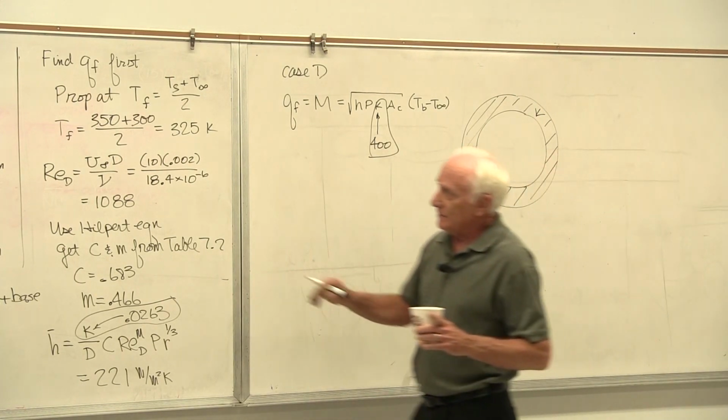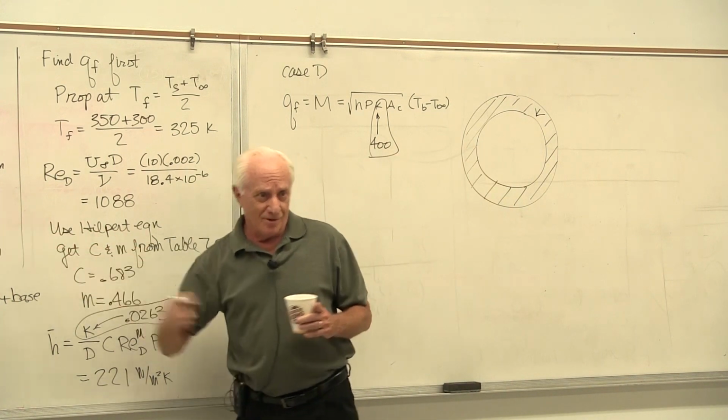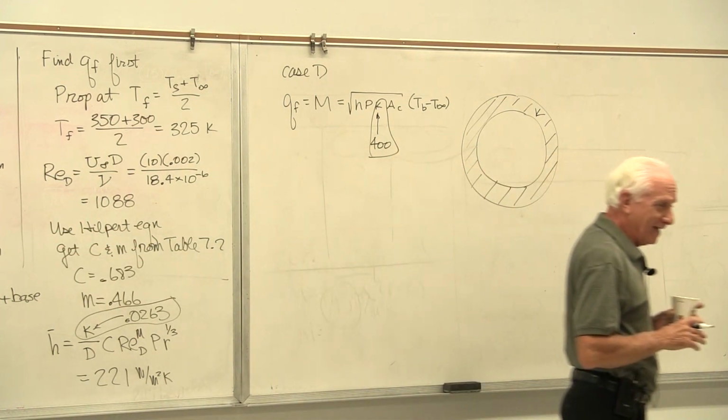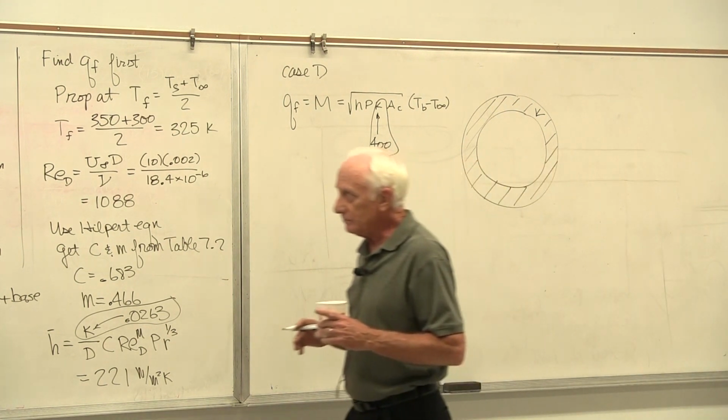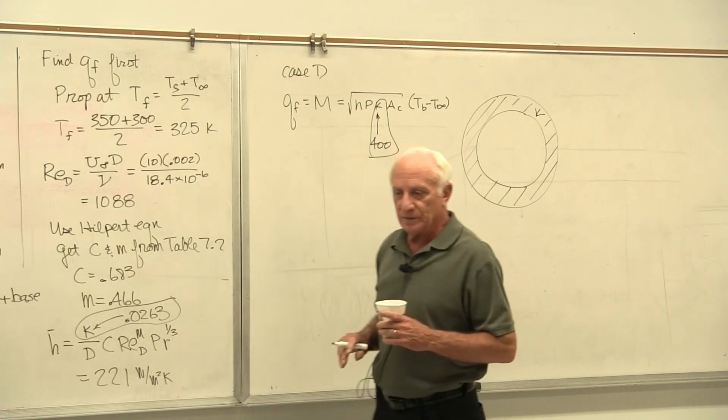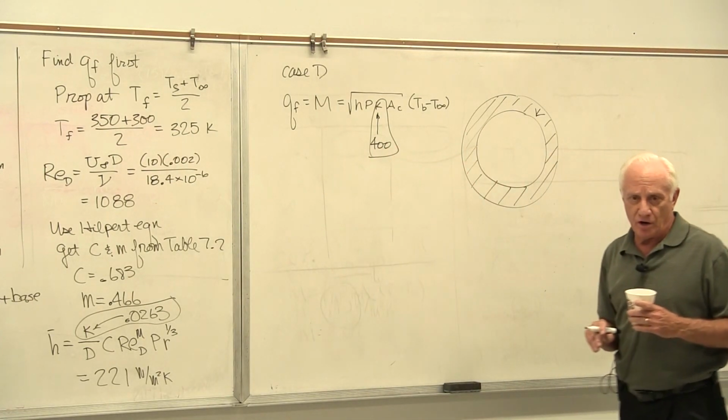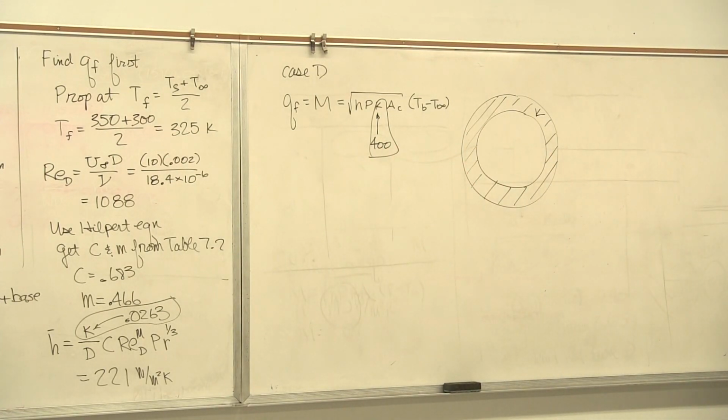I forgot to. But that fin is copper. So anytime you're working with the fin equations, what's that, chapter 3? K is K of the material of the fin. Chapter 7, what is K? K goes with the film temperature of the air. Boy, be careful. In a rush, when you're under stress, you do sometimes make silly mistakes.